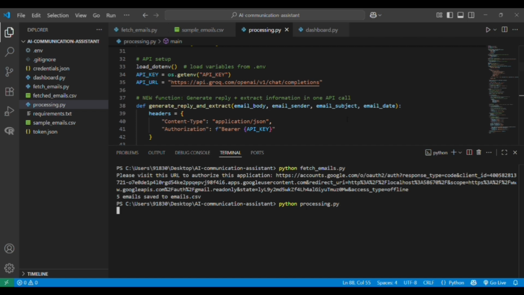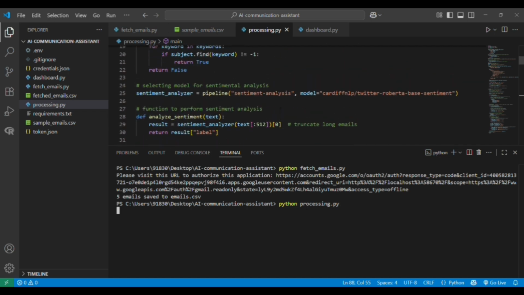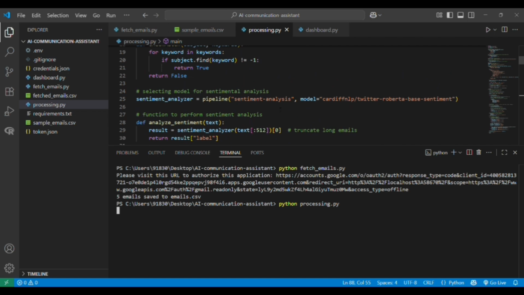So simply when we run this script, it will do a few things like filtering the emails on the basis of words like query, help, support, and it will prioritize them.